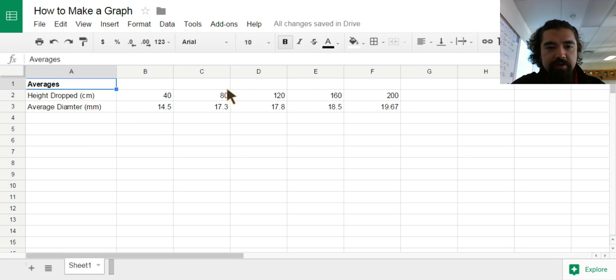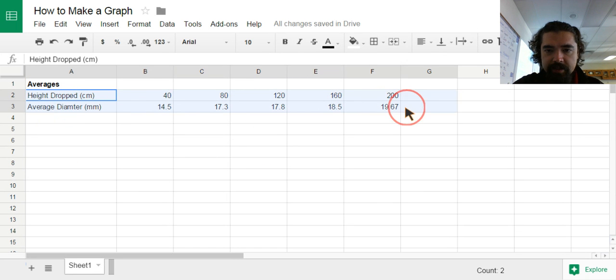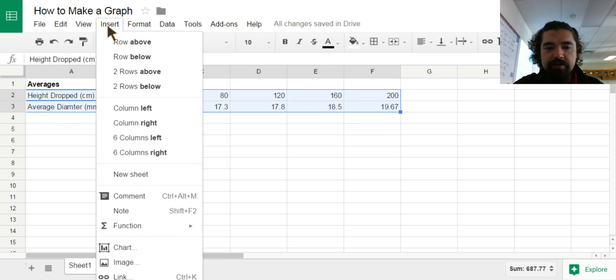It's important that you put your x-axis first, because whatever lane you use first is going to be put down as your x-axis. So how you create your graph is you just start by highlighting the entire selected area, including your labels, and then you go to Insert, Chart,